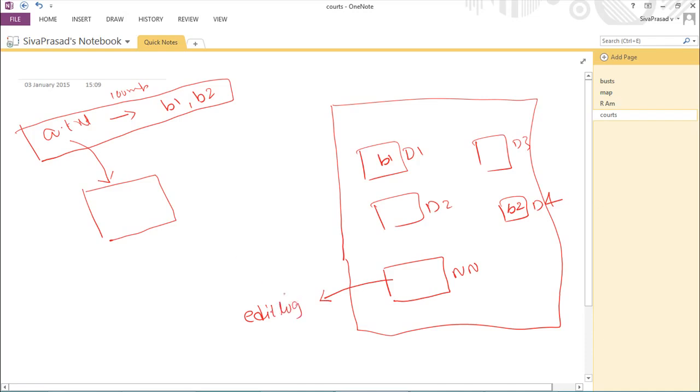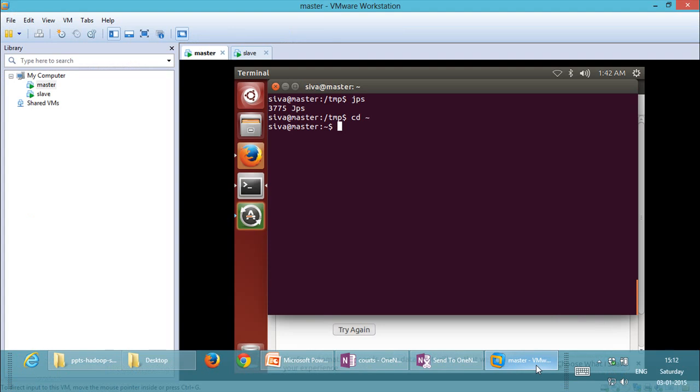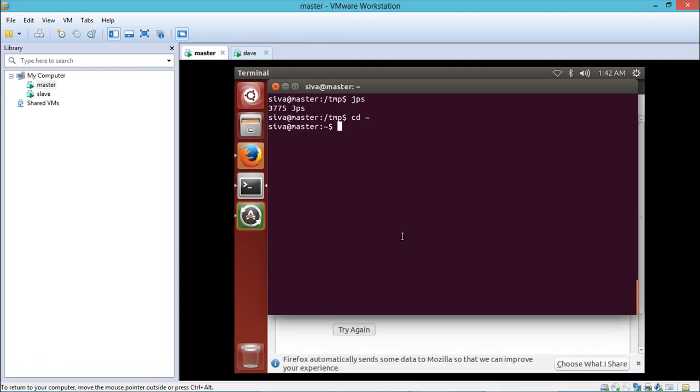Where does it write these editlogs? In which folder of your HDFS? If you remember, while I was installing the cluster on my master machine, I have configured a file called as hdfs-site.xml. Let me go there. My Hadoop is installed inside /usr/local/hadoop/conf. Under that, I'll just open a file called as hdfs